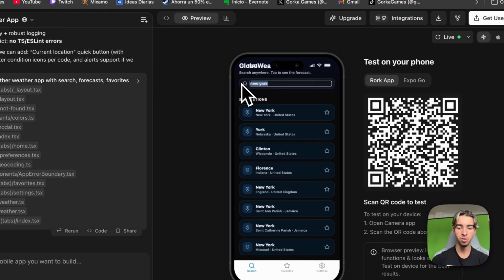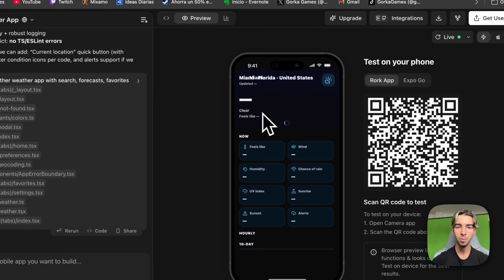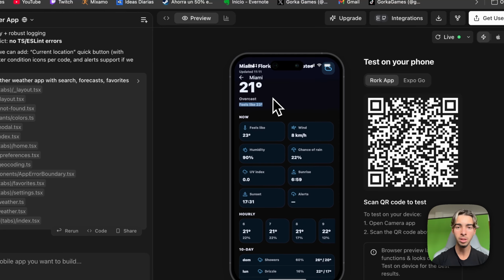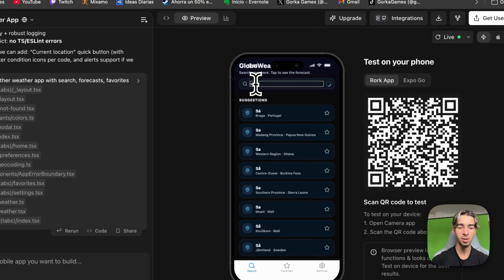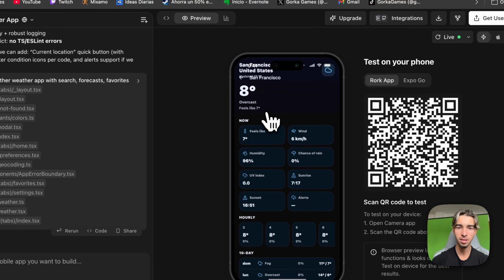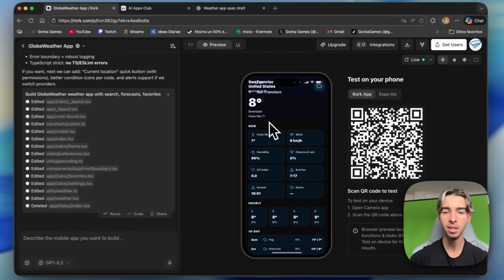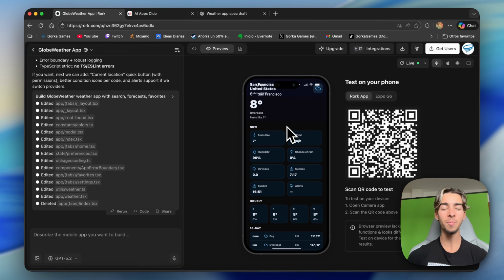And we can search, for example, Miami. Let's see what we have right now. Miami, all right, 21 degrees. Feels like 23 degrees. Nice. I mean, it's working, right? Let's search San Francisco right now. Perfect. 8 degrees. Feels like 7. Nice. I mean, this is literally working. And this is right now calling Work's API to check out the weather and all that stuff. So it's real. So that's really neat from Work,